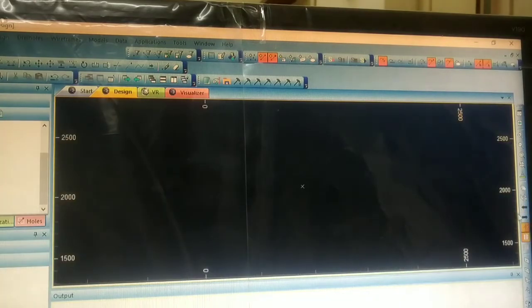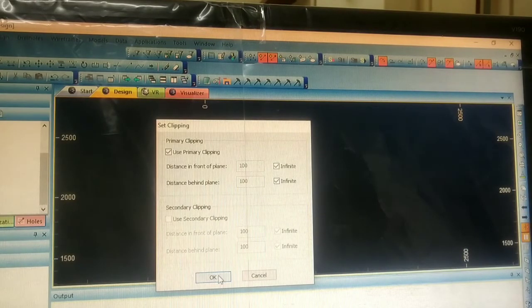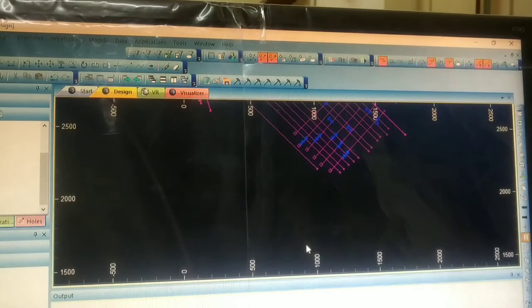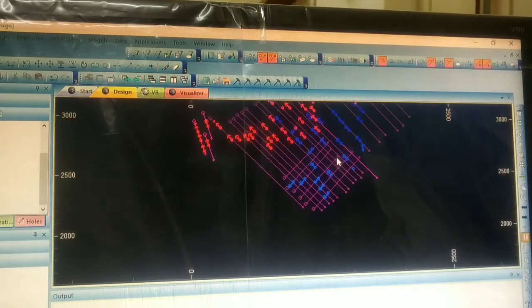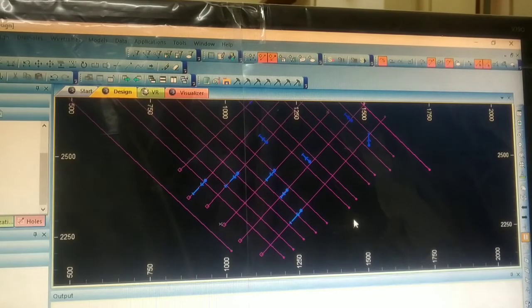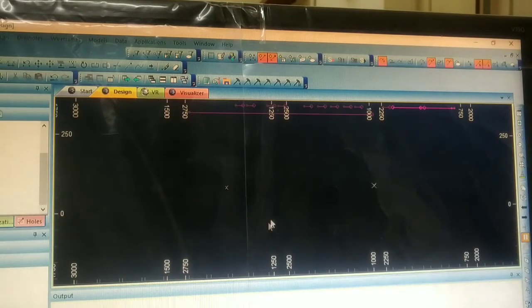Again go to the plan. Again the same process will be repeated. 2-point command, go to the third section. Click on both ends of the third section, vertical.